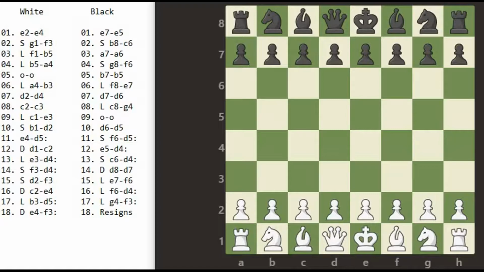Hi everyone. In this video we will be discussing how to record a game using the German notations. The game that we are going to record is called the Ruy Lopez game. You don't have to worry about the name, because here we are just focusing on how to record the moves. So let's begin.